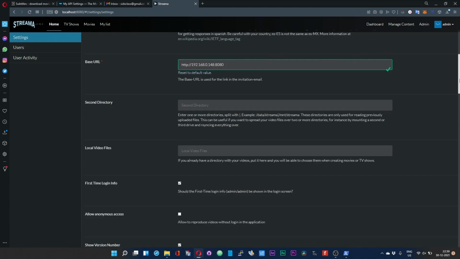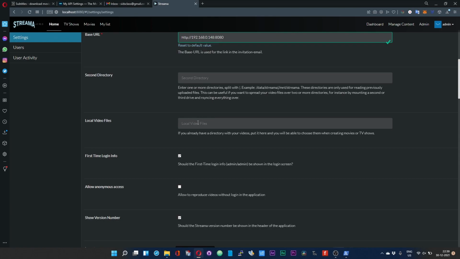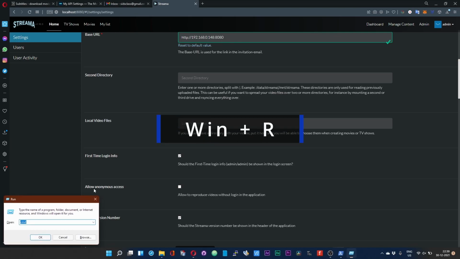After that is done, keep scrolling down, and this is the part where you need to add the folder or a directory which contains all the video files. I hope that you have the NAS already mounted on your PC. If you have not done that, once again open the run menu by pressing and holding the Windows and the R key simultaneously.